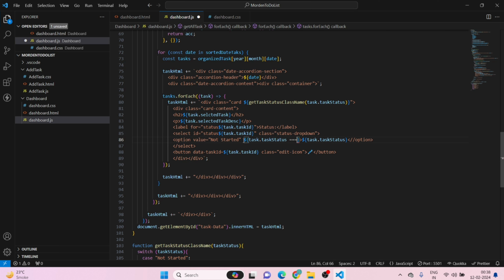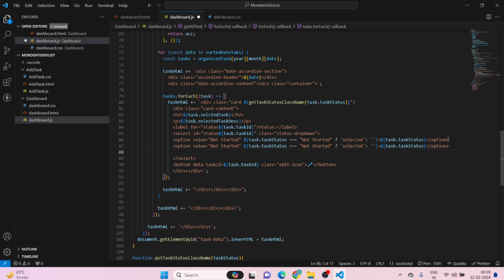If it is equal to double quotes, not started, then selected, else nothing. Also, if you'll see, we have two slashes, so just remove one and copy it and paste it three times. Okay,